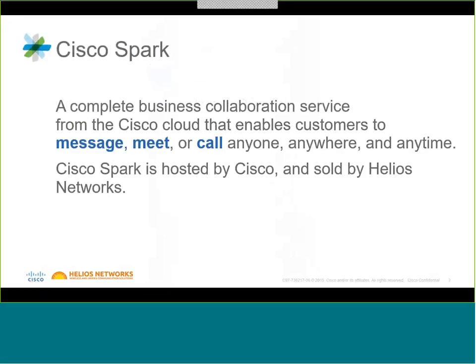So what is Cisco Spark? Cisco Spark is what Cisco is dubbing collaboration as a service, or CaaS, C-A-A-S. You may have heard things like infrastructure as a service, IaaS, or software as a service, SaaS. If you use things like Salesforce within your business, or cloud-based accounting like Xero or QuickBooks, that's SaaS, that's software. Infrastructure, as the name suggests, is actually providing the infrastructure for your servers and so on in the cloud.